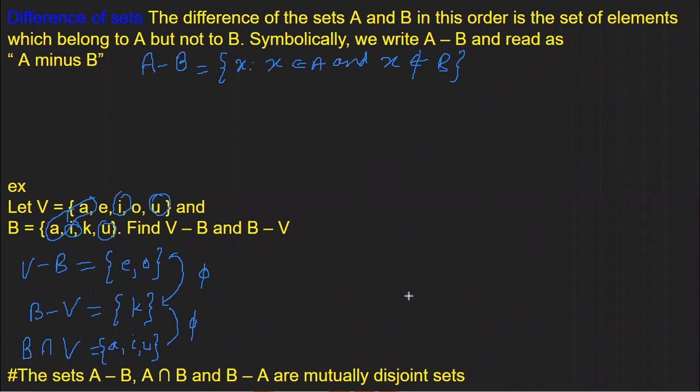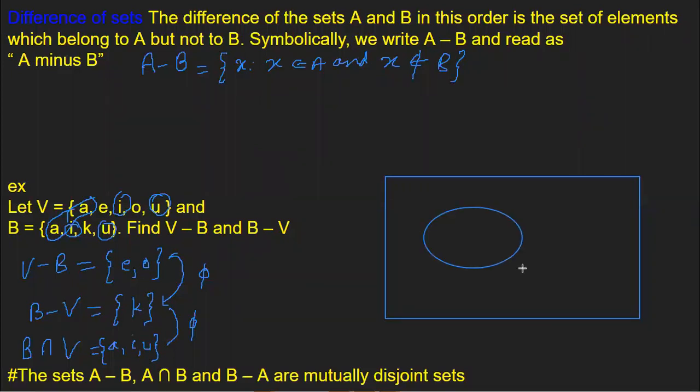और इसको हम एक बार डायग्राम से समझ लेते हैं. A minus B, B minus A. और अगर हम A सेट को ऐसे बनाया और हमने B सेट को ऐसे बनाया, तो जब हम कहते हैं A minus B, what does this mean? A minus B आपका A का वो पोर्शन है, हम दूसरे कलर से दिखाएंगे. A का वो पोर्शन है जो B में नहीं है. So it comes like